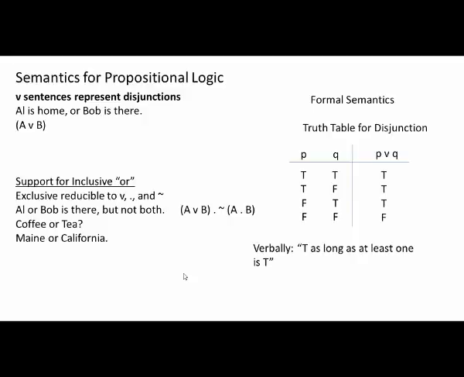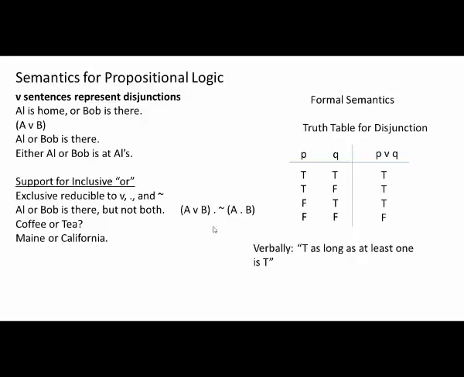We'll be understanding statements using or as being inclusive or and representing them with the wedge. So a statement like Al is home or Bob is there can be represented by A wedge B. So can the shortened version of that statement, of course, if you say Al or Bob is there, combining them into one subject. And you could say either Al or Bob is there or at Al's. When you have either, some people seem to think that that makes it more like an exclusive or, but really